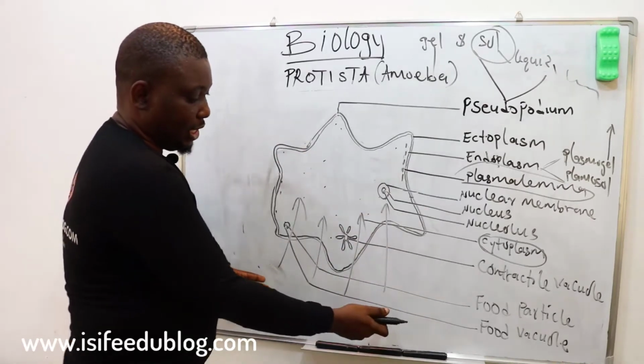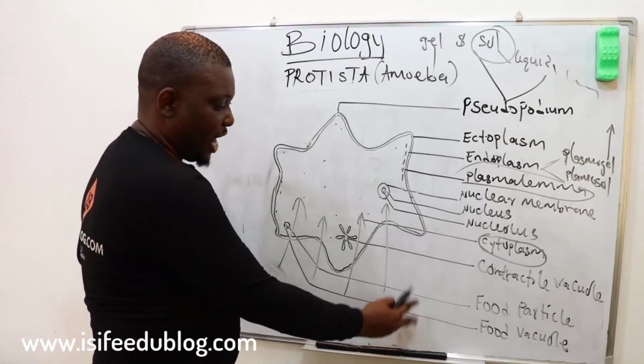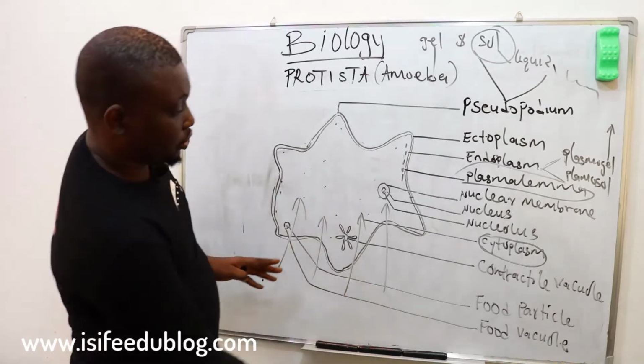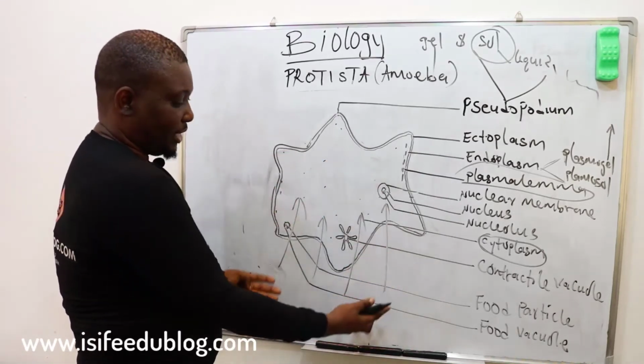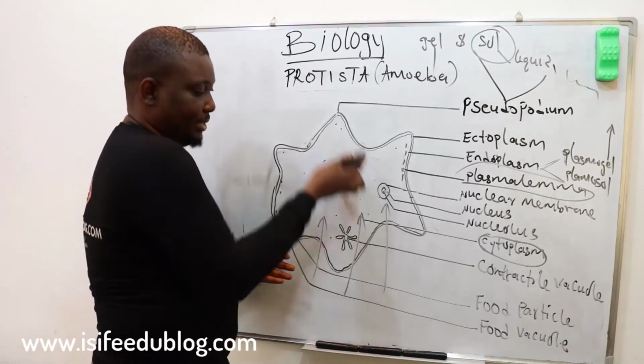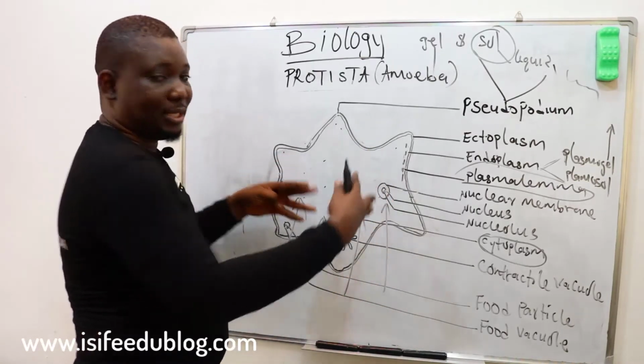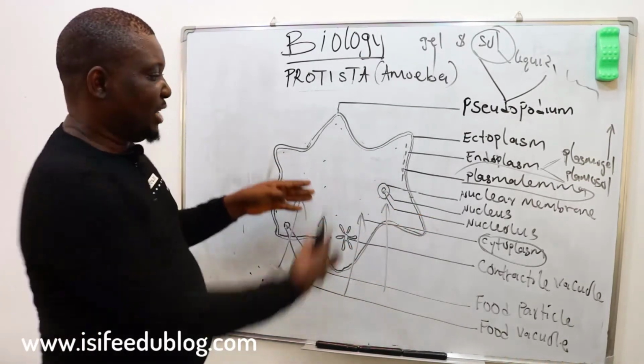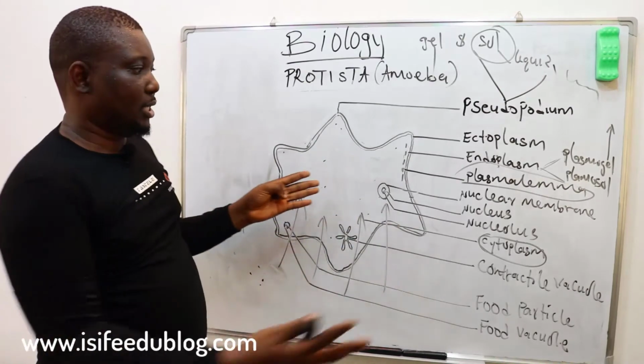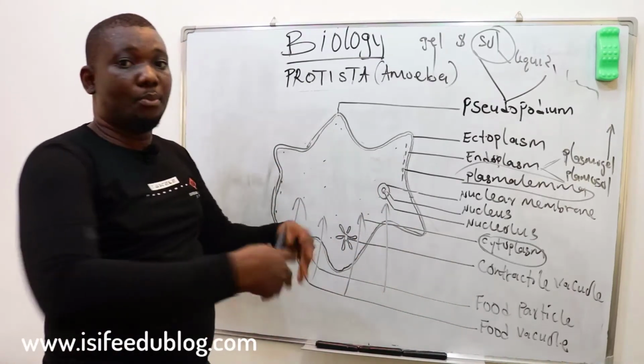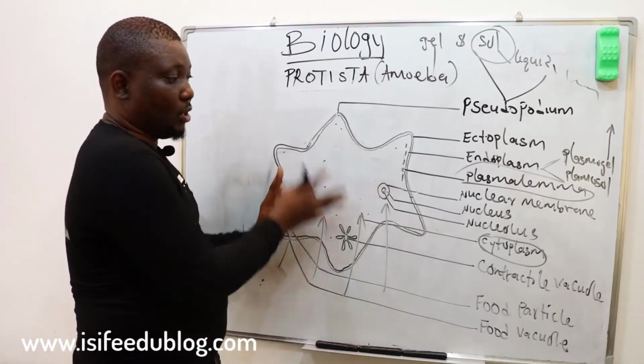That means the environment or the habitat is lower in concentration than the cell. So it means that water moves from here to here. And if that is the case, this organism will start swelling up and it will eventually burst. The bursting is what is called hemolysis, and that will lead to death of this organism.